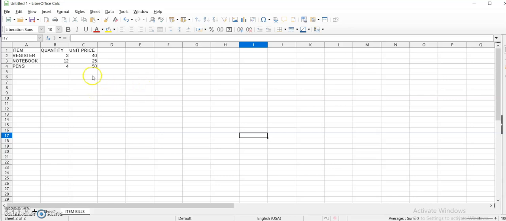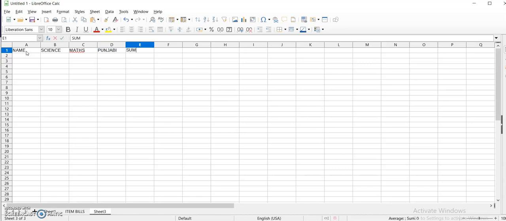So let's calculate simple functions like sum, average, maximum, minimum and count. For that we have to prepare one table. Let's take one example of marks: name, science subject, marks maths, then I will take Punjabi subject.